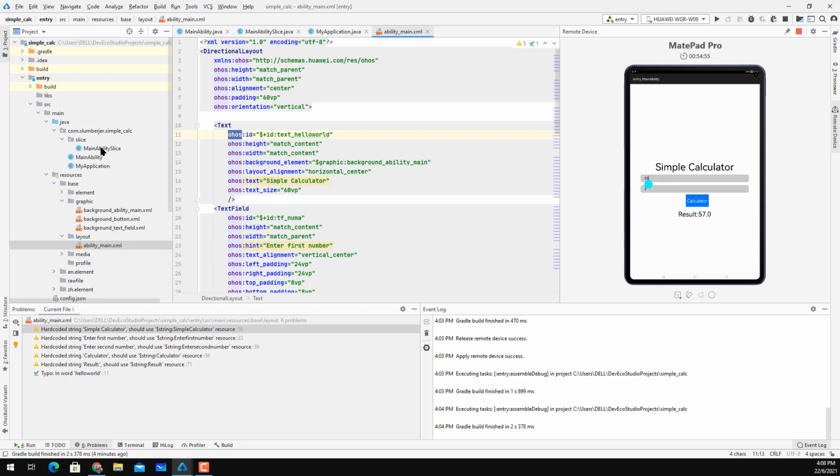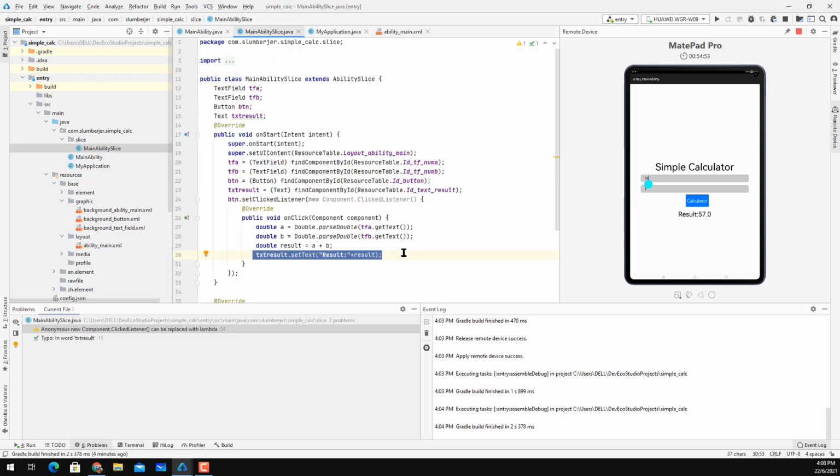And to interact, main ability slice, you can do interaction almost the same as your Android Studio, your Java Android Studio. All right, so I think that's all from me, and this is basically my first experience with programming with DevEco 2, and being able to create a simple application using the SDK. All right, so yeah,